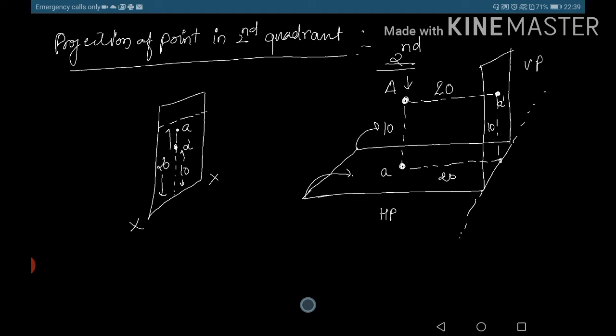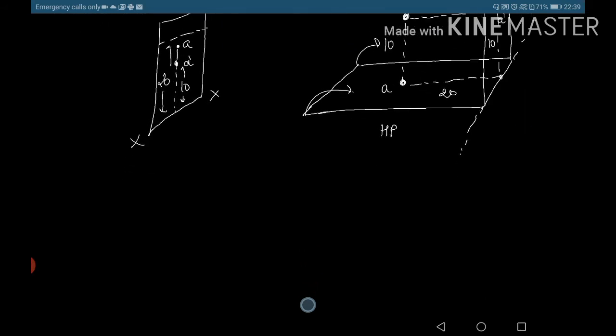So you can see both the planes. When you draw the answer on your drawing sheet, it would be like this. You have to draw a line called the intersection line, and since the two views are above the XX line, above the intersection line, initially draw a dotted line of 20 mm. This point is our A. Similarly, another point A dash at 10 mm. So this is our answer.